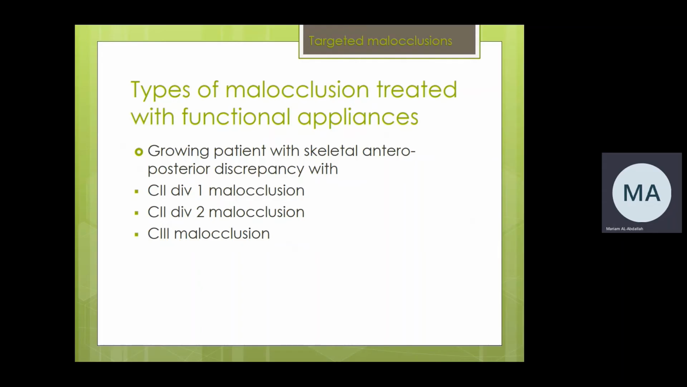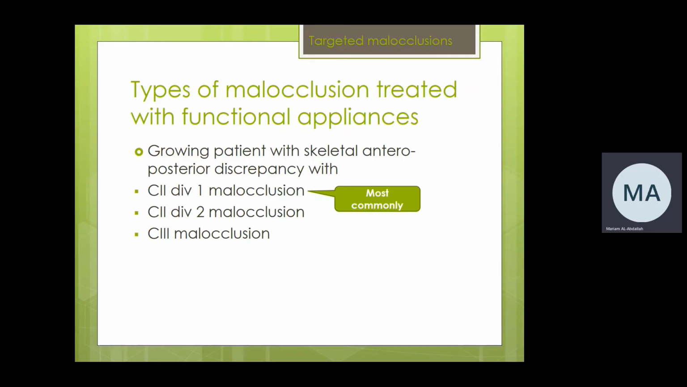Now, what are the types of malocclusions that could be treated using functional appliances? Again, any functional appliance should be used in growing patients only. And it's mainly used to treat class 2 division 1 malocclusion with a class 2 skeletal discrepancy, mainly where the mandible is retrognathic. Okay? It can also be used for class 2 division 2, but we need to modify the functional